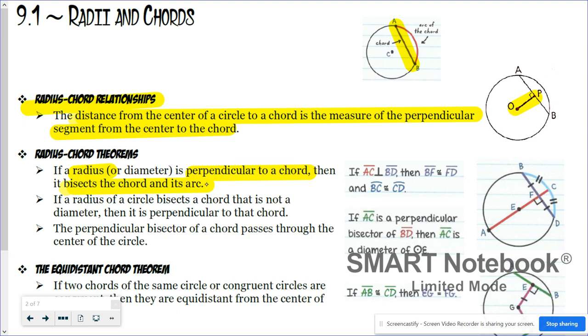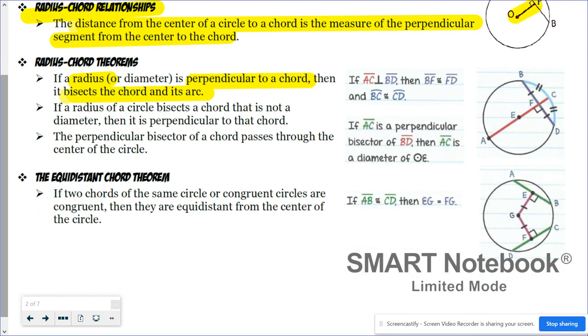We see that in this diagram: if segment AC is perpendicular to BD, because of that little right angle box, then BF and FD are congruent to each other, and arc BC and arc CD are also congruent